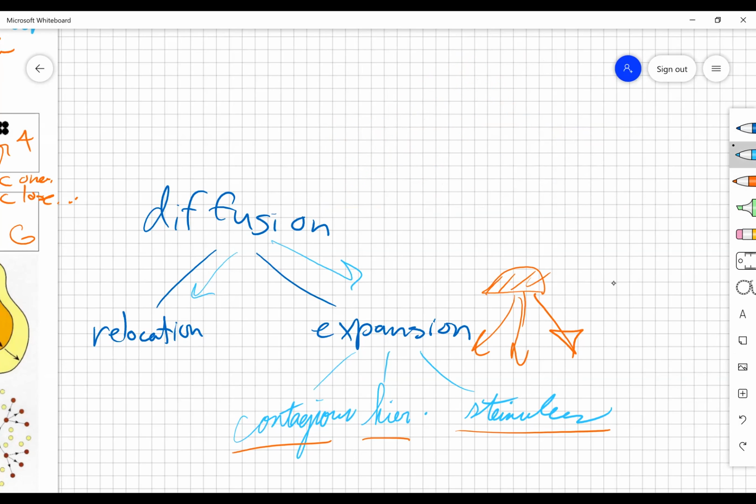And the last type is stimulus diffusion. And this one isn't really modeled as well, but let's say we have a circle and it goes somewhere else and it turns into a square. And then that square goes somewhere and it turns into a triangle. But the circle also travels somewhere that turns into a triangle. So this one's a little weird to model, but stimulus basically just means you take this original idea, which is in this case just going to be a shape,